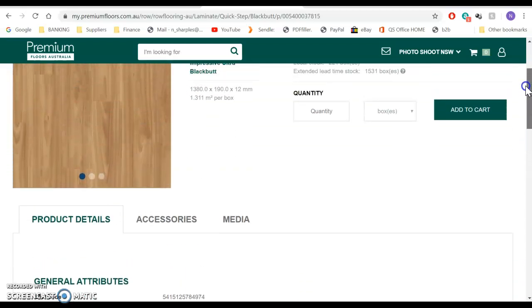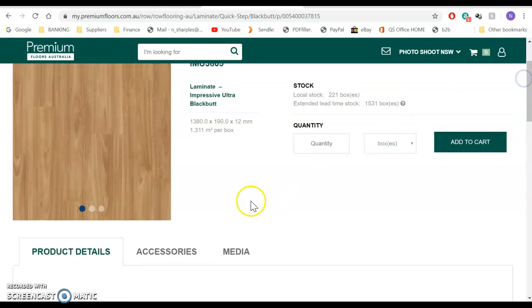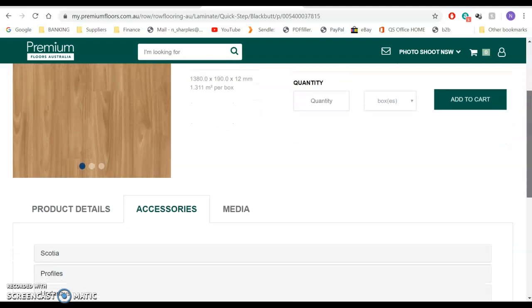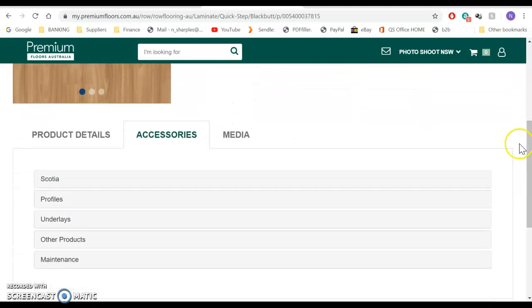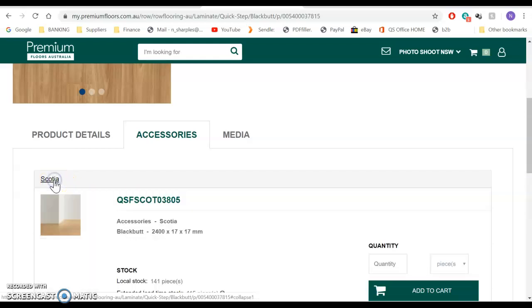Possibly the most important and useful section is the accessories tab. So the accessories will give you all the accessories that go with that product. So if you're trying to find a colour match scotia for the Black Butt, you'd click on the scotia. The best colour matching product for that floor is the one that comes up first in the list. So it makes it nice and easy for you. You can add your 2 lengths of scotia, add it to cart, scroll up,